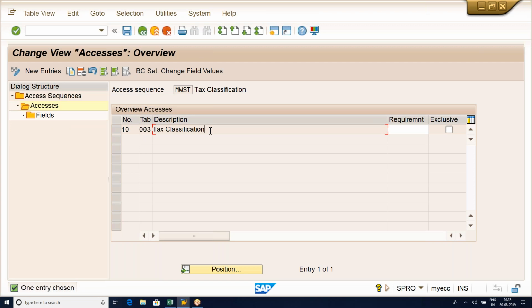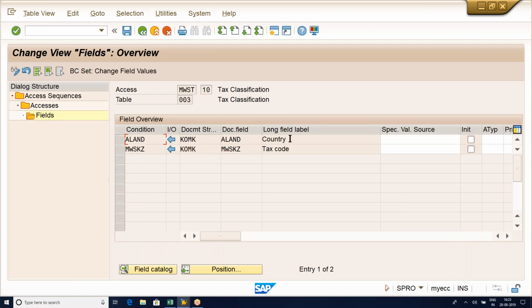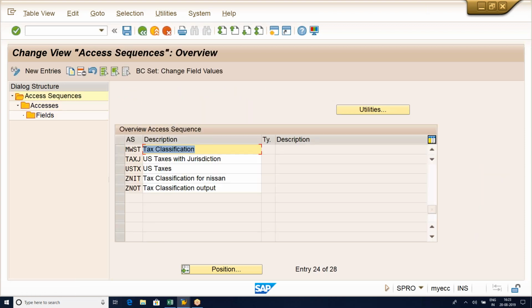So there's going to be the table which has been maintained, tax classification. And we call this table a standard table, because if your table number is above 500, we call it a customized one. If your table number is below 500, we call it a standard. And make sure you assign all the fields maintained in this table to our access sequence. For that, you need to select your table and do the field mapping as well. So double click on it. These are the two fields which have been maintained, country and tax code, which have been assigned to this particular access sequence. In the same way, if you just come back,